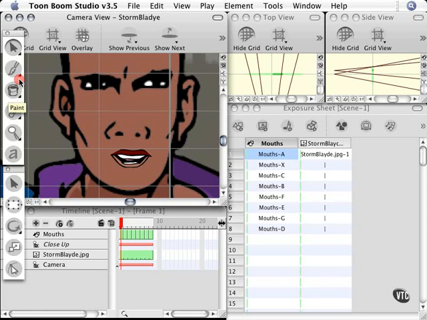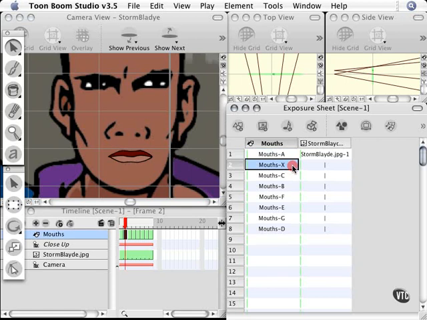Okay, let's go ahead and take a look at the lip assignment and the recommended naming of your elements so that you can have Toon Boom Studio use your own drawings for the lip syncing. As you see here, for the mouth shape of A, I have the mouth partially open, and for the mouth shape of X, it's the default resting position, which means the character should look like he's saying nothing at all